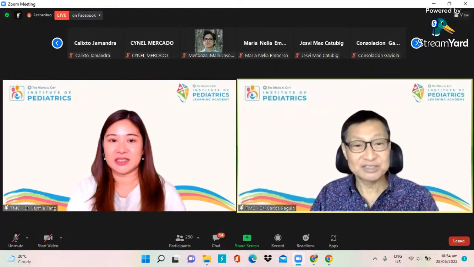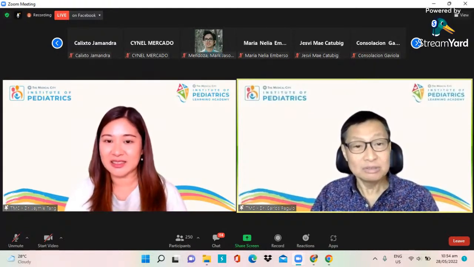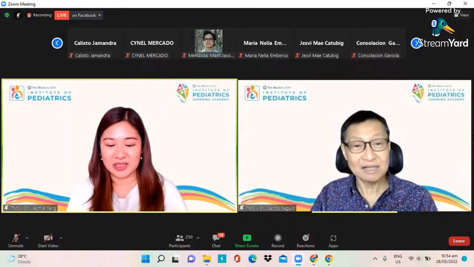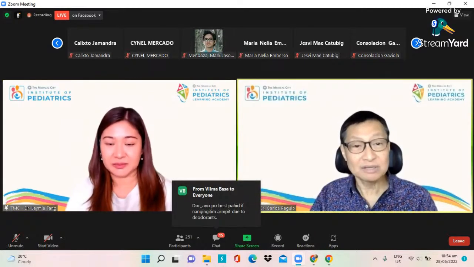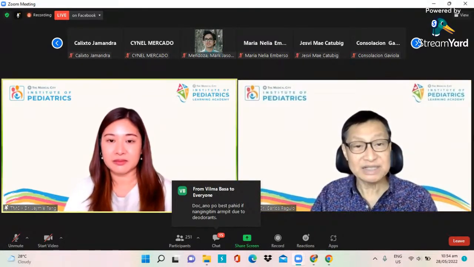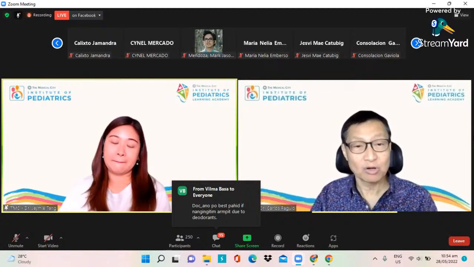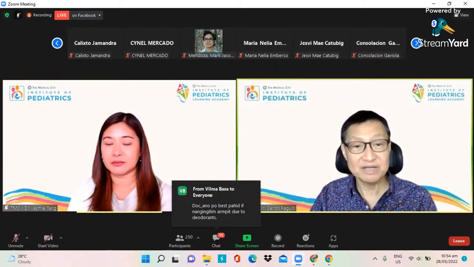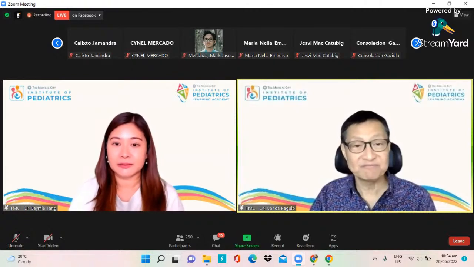Will it dry it faster? Well, yes, it could, but you could irritate the area faster as well. Because alcohol, how does alcohol dry? Through evaporation, just like anything else. If you keep on putting water on your lips, like laway, it will dry your lips. You'll have very dry lips. It's because of the evaporative process.